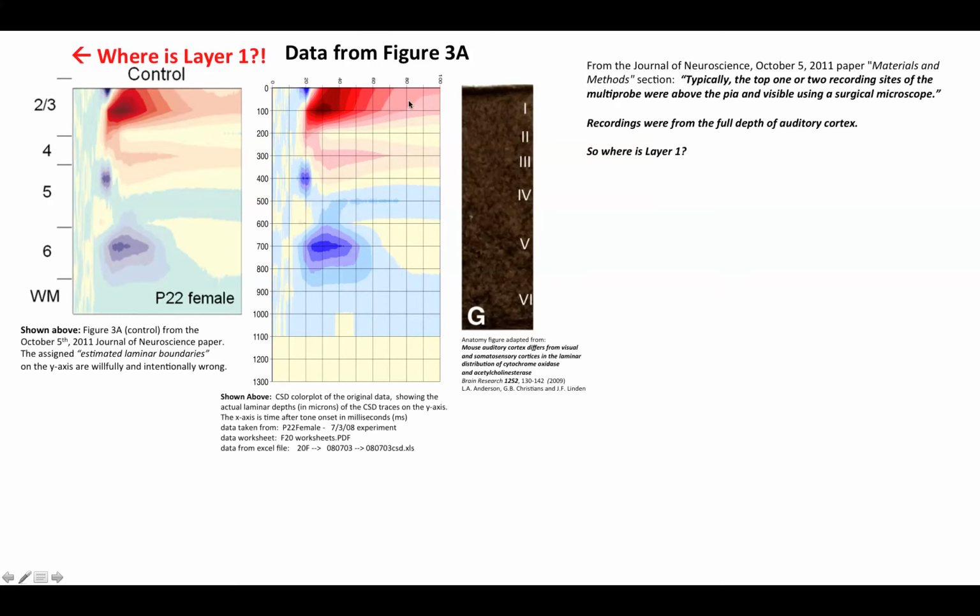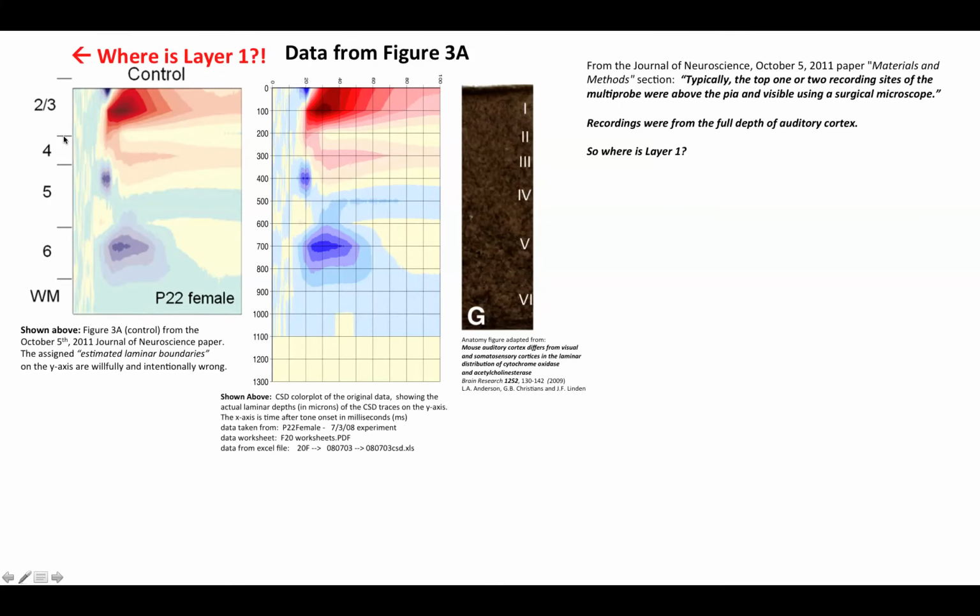And here's lining up the anatomy with us, so you can see this is solidly in layer 1. If you recall earlier, I showed you that the full depth of auditory cortex is about 1100 microns. And they're putting layer 4 right here at a depth of 200 to 300 microns, which is layer 2-3. So it's not founded for them to say that this is layer 4, and especially since their measure of activity in layer 4 is not in here. Their measure of activity in layer 4 is right here.